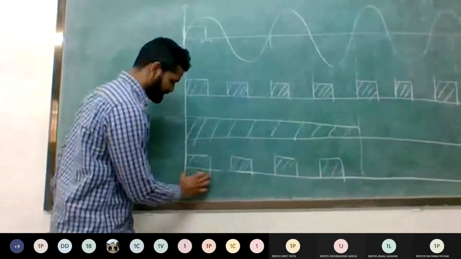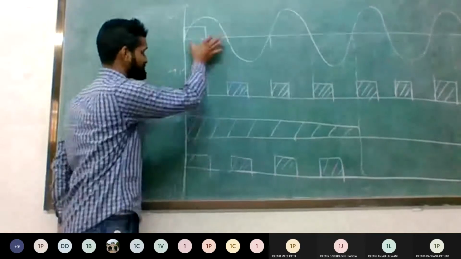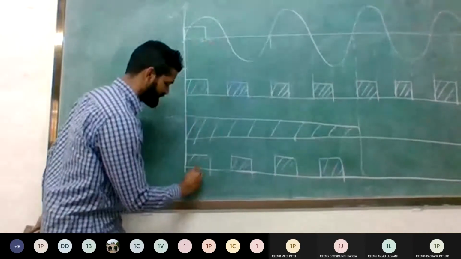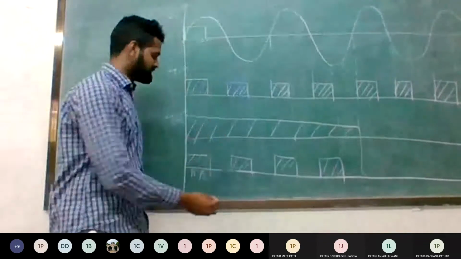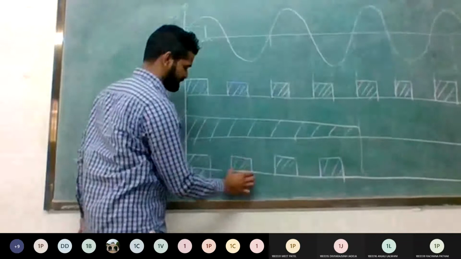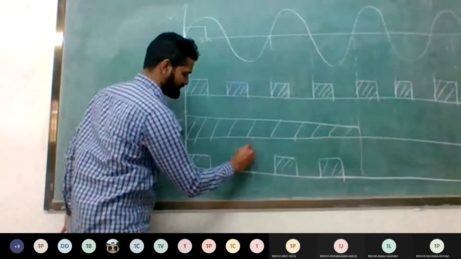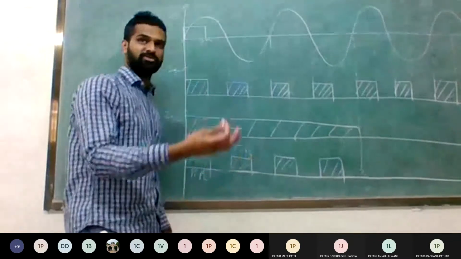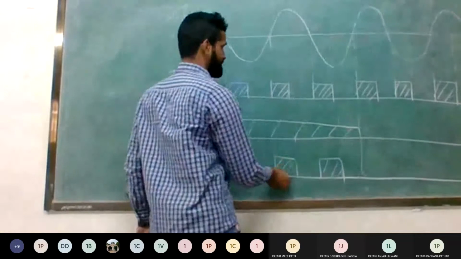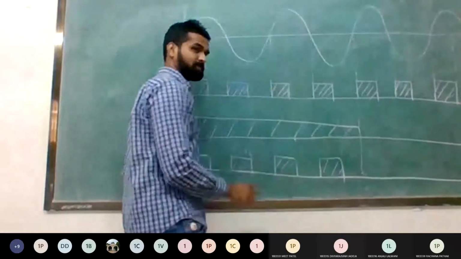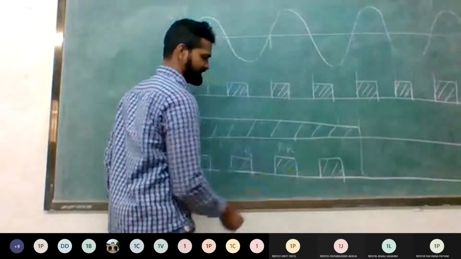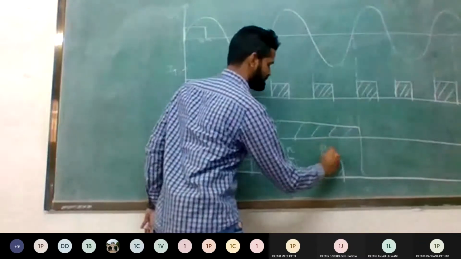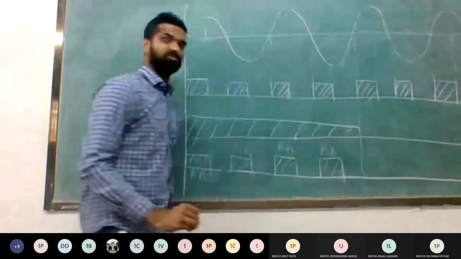So this gate pulse, the first gate pulse, in the positive cycle of the supply, is provided to P1 and P2. So they will turn on, so that is the positive voltage. In the negative cycle of the supply, this gate pulse is applied to P3 and P4. So it gives a positive voltage. Same way again, in the positive cycle of supply, again you give a positive voltage. So turn on P1 and P2 by this gate pulse, and again turn on P3 and P4.